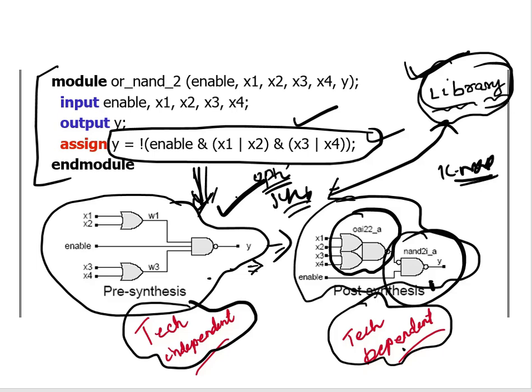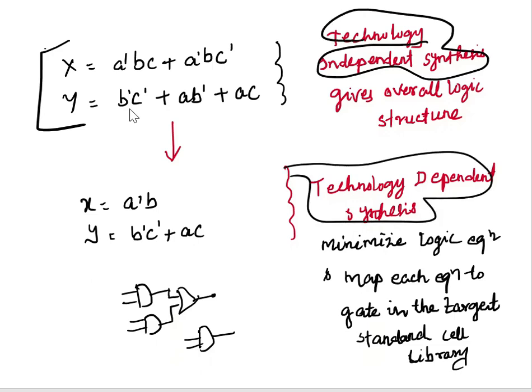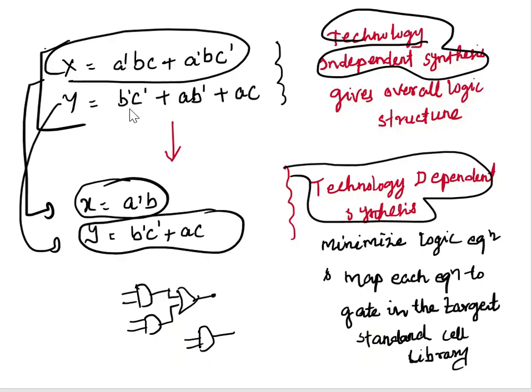Okay, so if this is the expression, that means it is not using any technology library, so it is technology independent synthesis. If it is technology dependent synthesis, then this will be reduced. This expression will be further optimized and reduced to x equal to a bar b, and this expression will be reduced to y equal to b bar c bar plus ac. Okay,